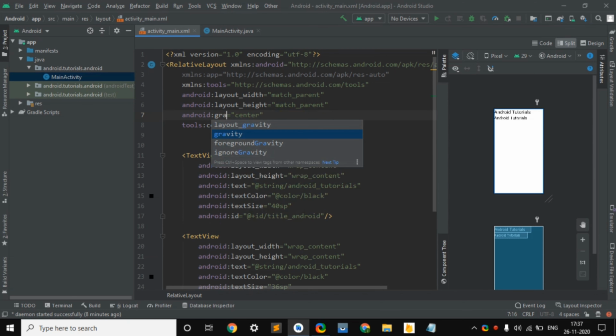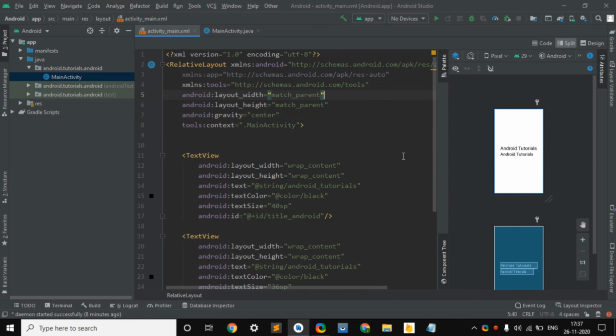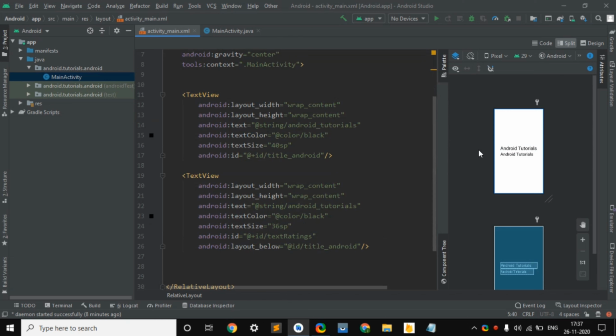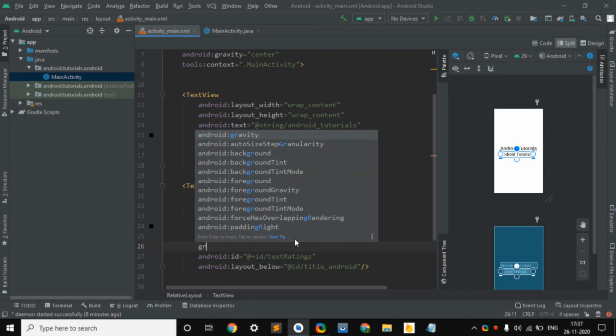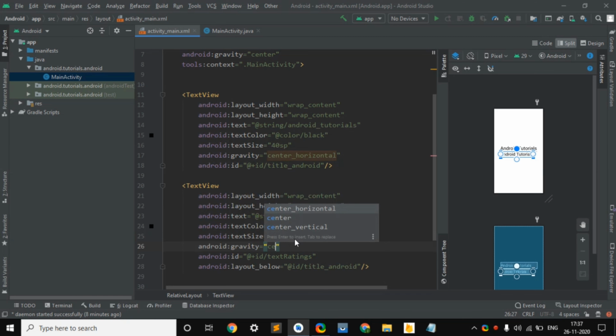So now you can see that all things are in center, and also give gravity here, and now here we are going to change it from center to center horizontal, and here also gravity, that is center horizontal. So we got our text to center.